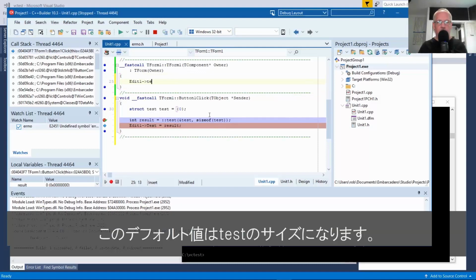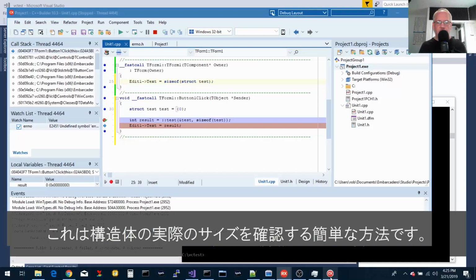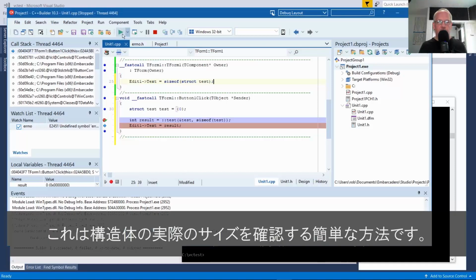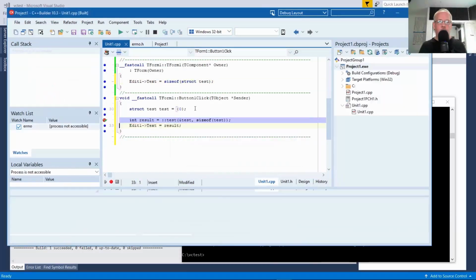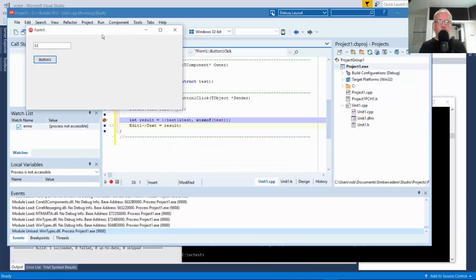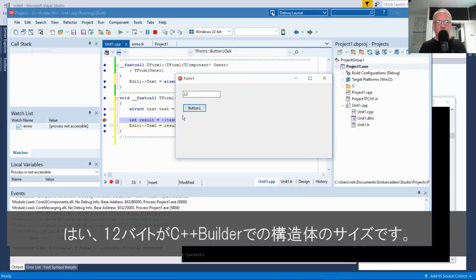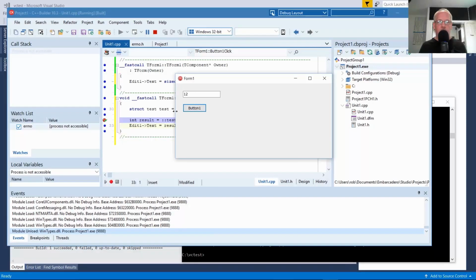So the default value of that will be the size of struct test. Let's give us a quick way to check what the actual size of that structure is. Okay, so 12 bytes is what C++ Builder is saying that structure size is.